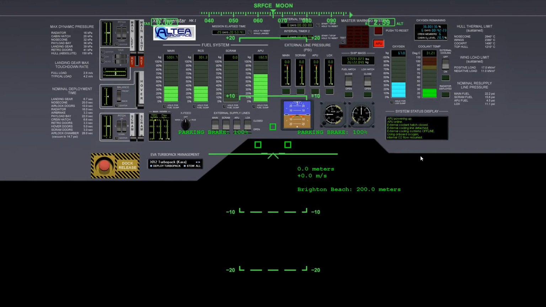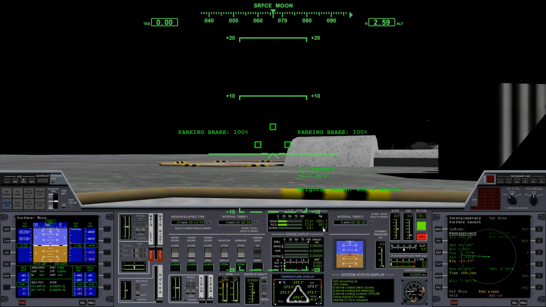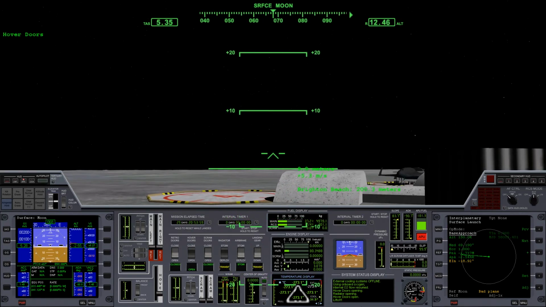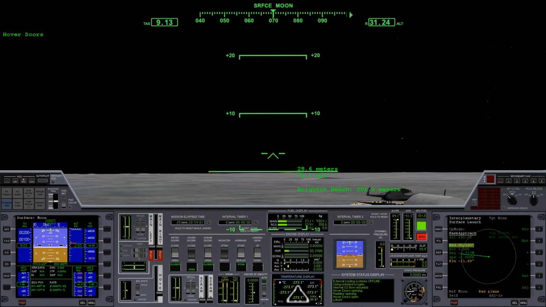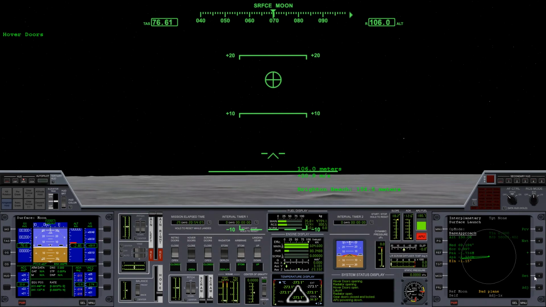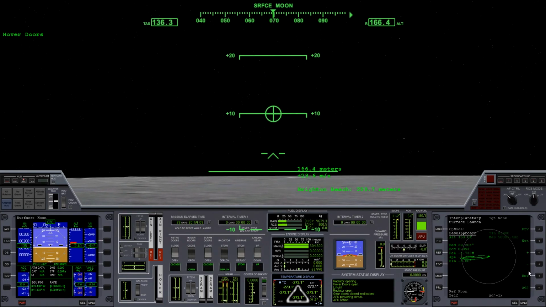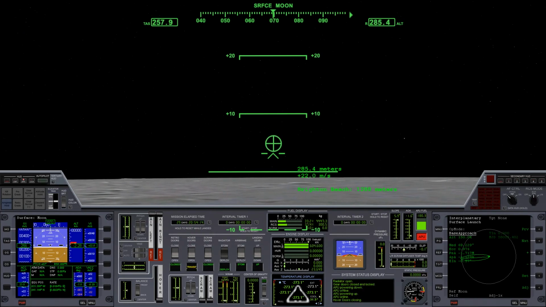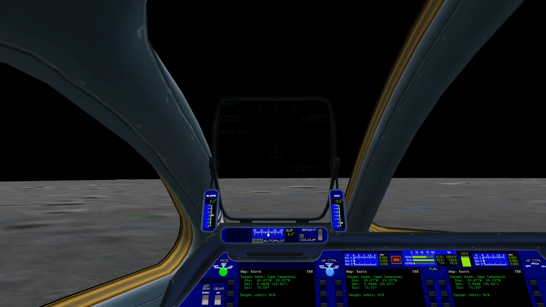Once we lift off the ground, so APU's on, external cooling off, switch to RCS mode rotation, open hover doors, deploy the radiator. And we're going to get off the ground here momentarily. Okay, so we'll enable the hover engines, gears coming up, and we're going to rotate over to 69 degrees it was. Full power on the main engines. We can turn the APU off for now. And we'll bring the hover engines down. Actually, let's turn that on real quick now that our hover engines are no longer needed. We'll go ahead and just close those hover doors while we're thinking about it.